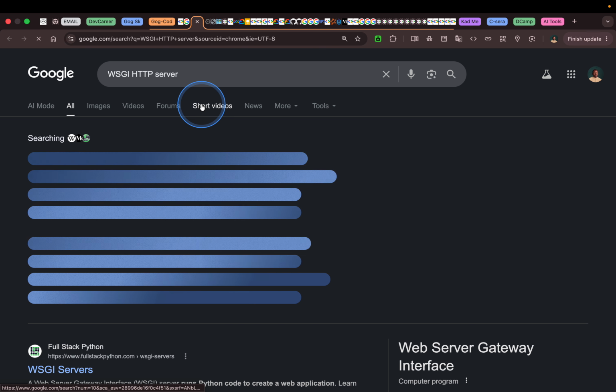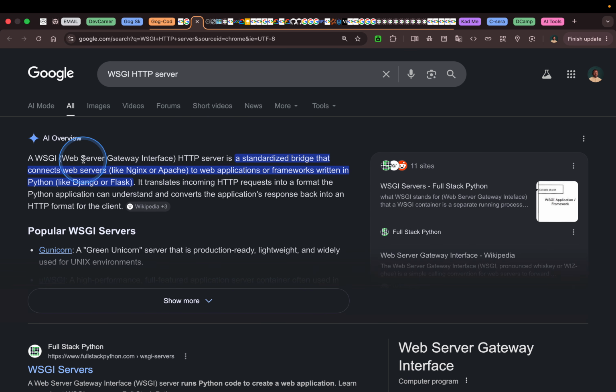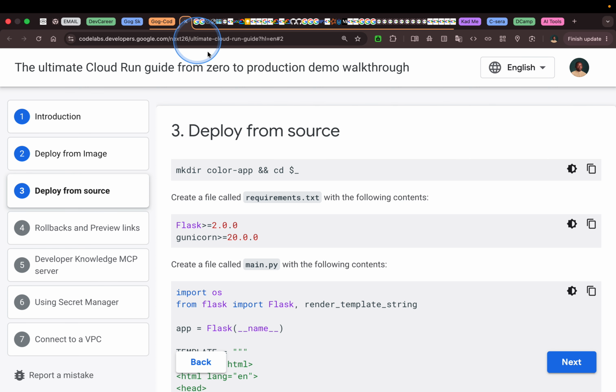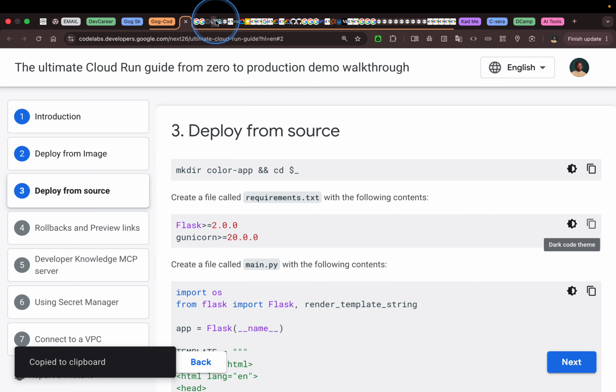So what does WSGI HTTP server mean? A Web Server Gateway Interface server is a standardized bridge that connects web servers like nginx and Apache to web applications or frameworks written in Python like Django or Flask. It translates HTTP requests into a format the Python application can understand and converts the application response back into the HTTP client. So let's copy this and go to our cloud